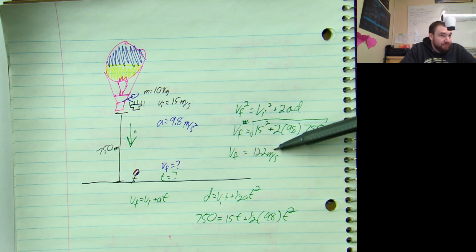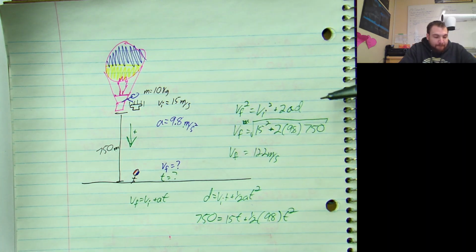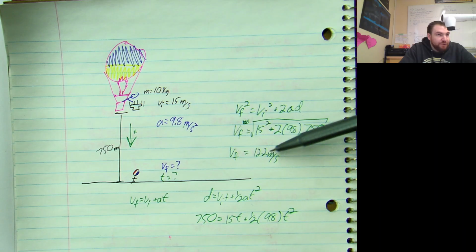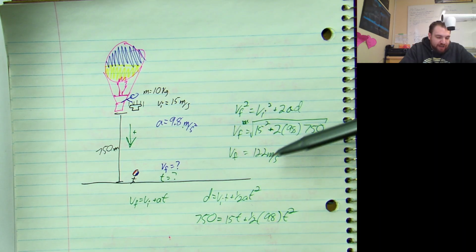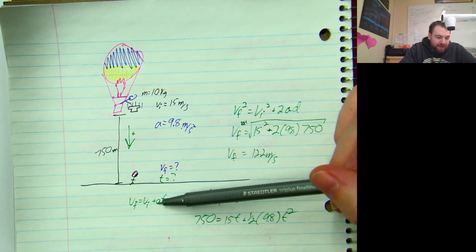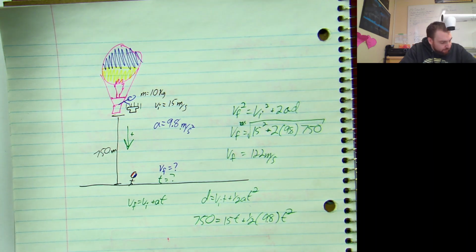I can look at my work. I didn't write it down. Didn't write it down, okay. I put the rounded on my work. Okay. If you use the exact value that you got here, plug that in here, then you can just use that 15, the 9.8, and you can find T that way. Either way,